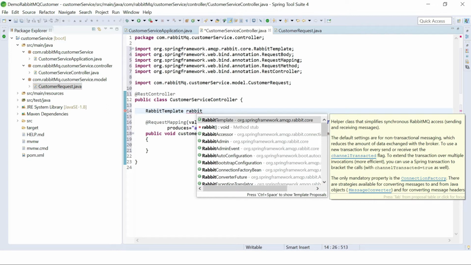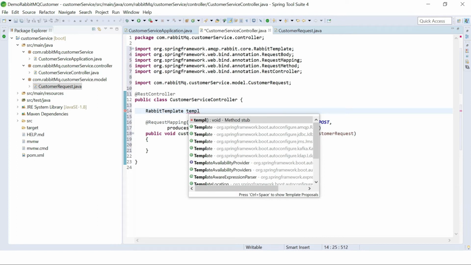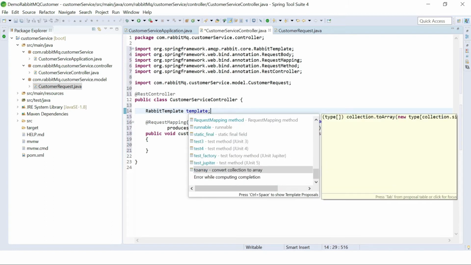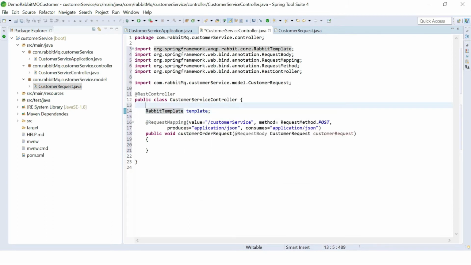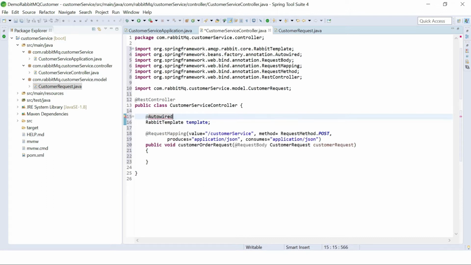Guys, if you have any queries, just comment so that we can solve them. Okay, so we have created the RabbitMQ template instance.